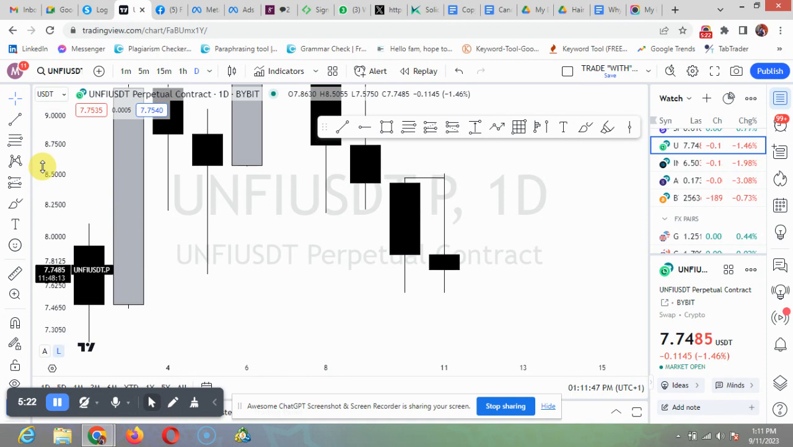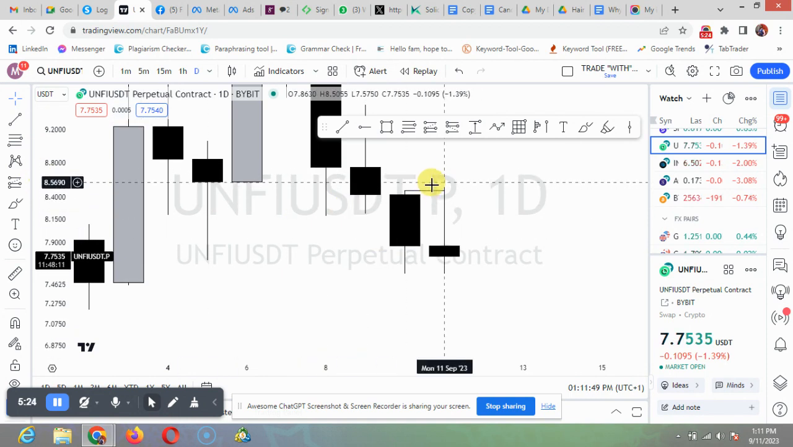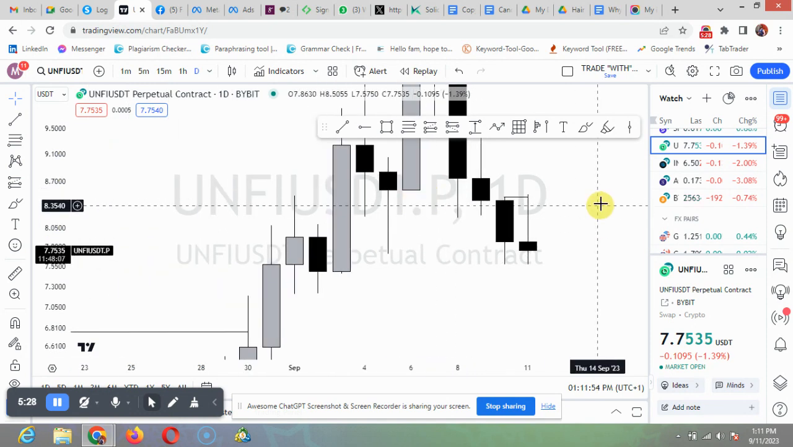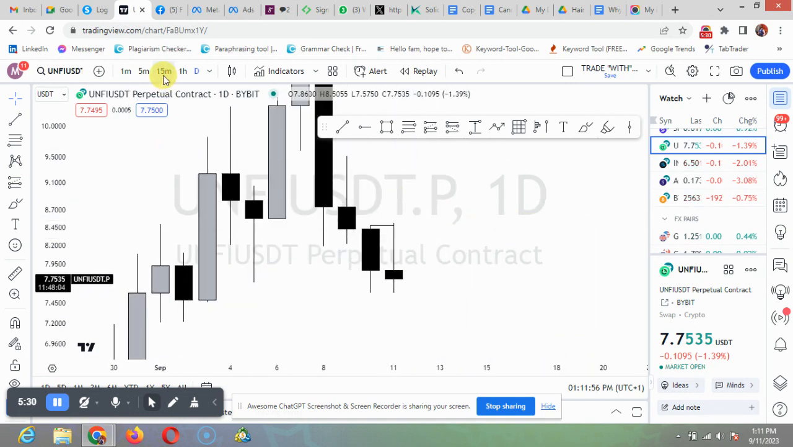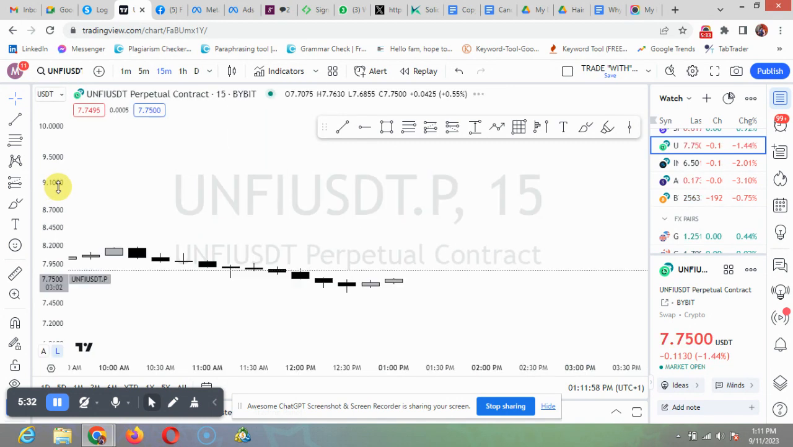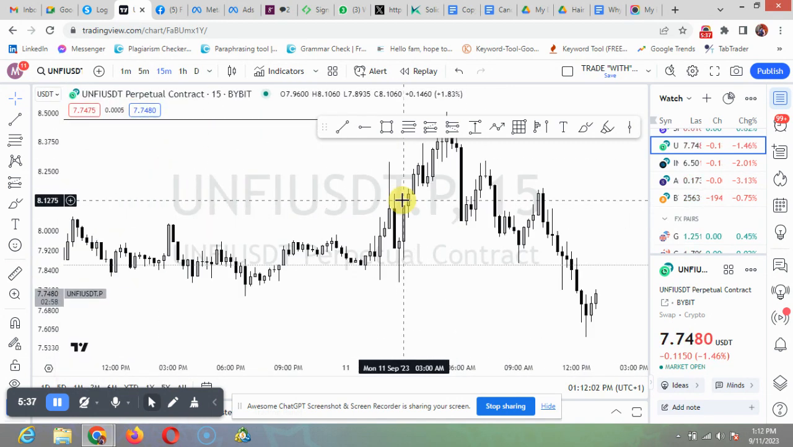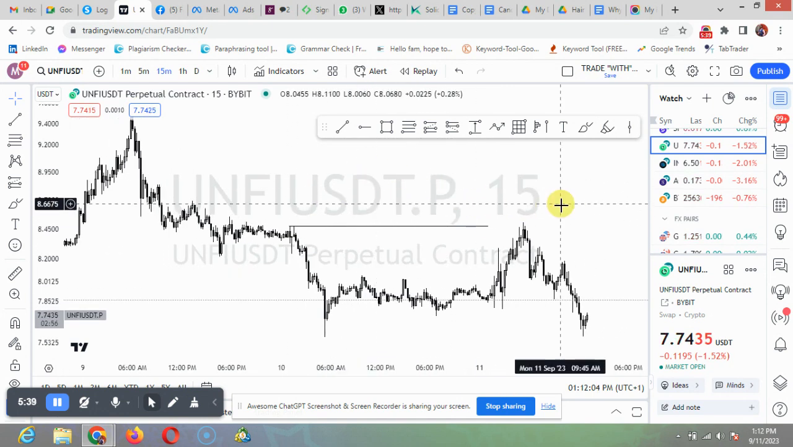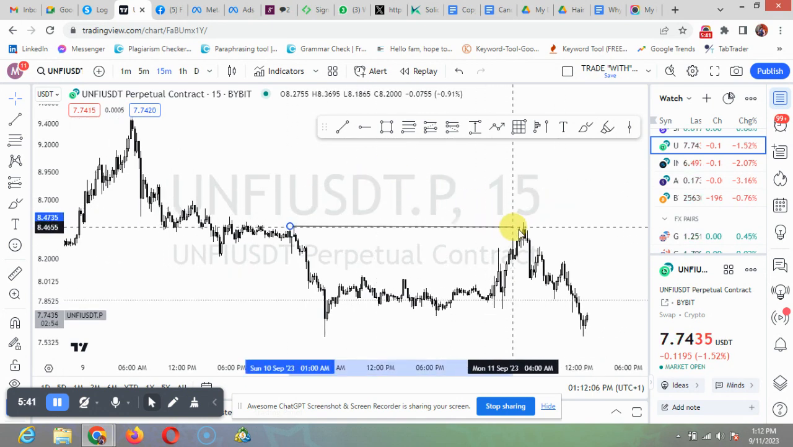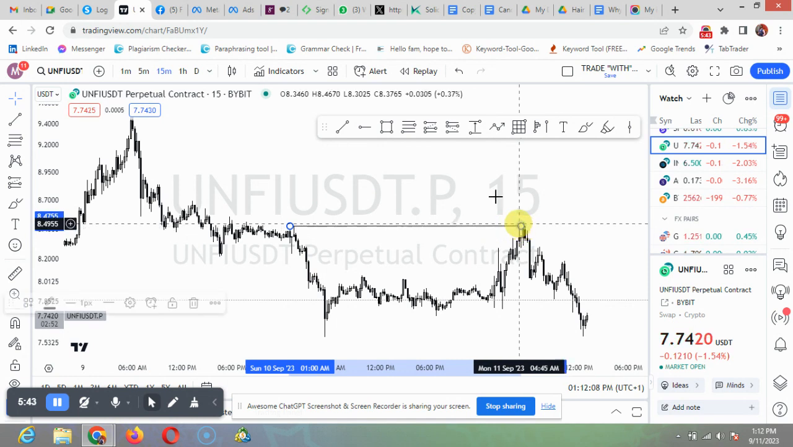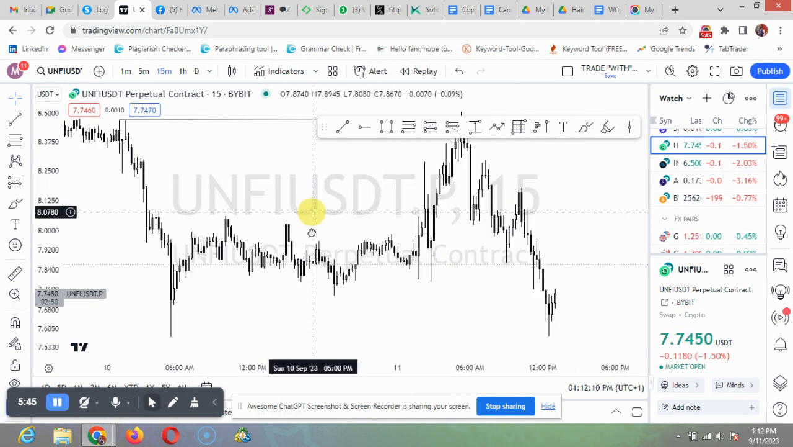So once I see this action in the market on the daily time frame, all I have to do is simple. I just scroll to my 15 minutes time frame and execute. So this is the line. Let me stretch it out very well. As soon as I saw this,